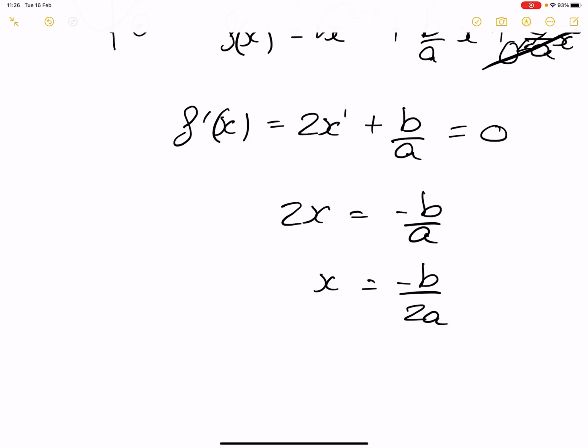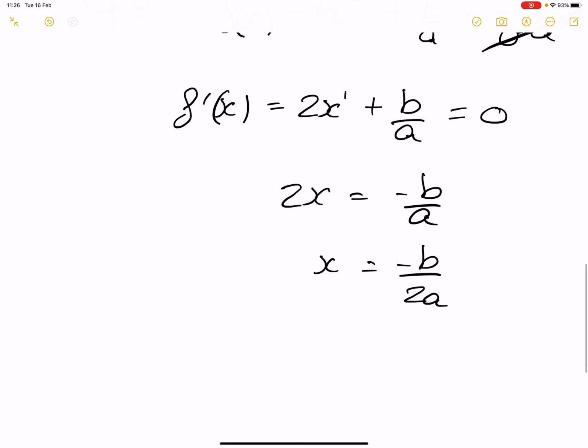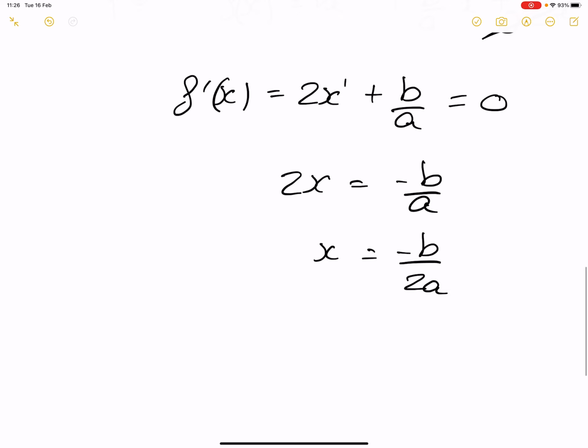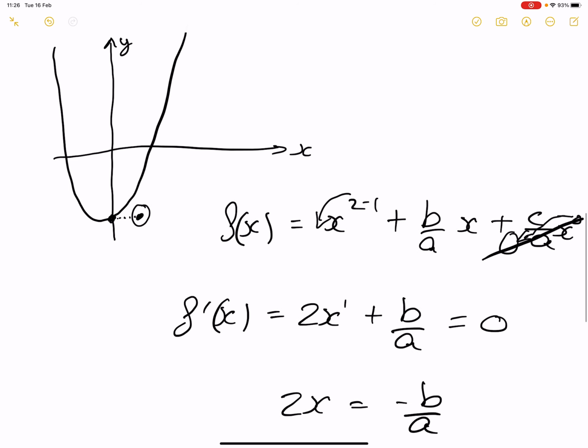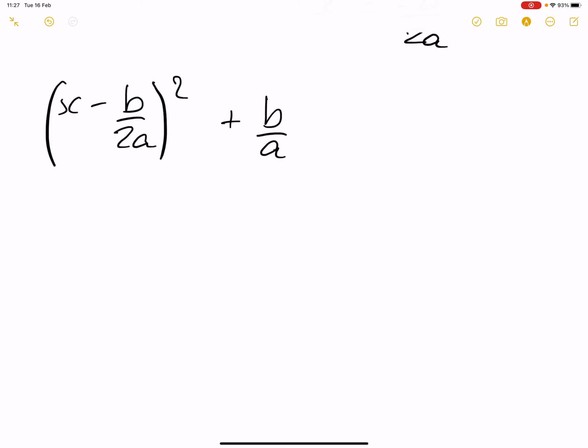Good, so now we have the minimum of the function, and we have the distance from the y-axis. So the original minimum here is a distance of minus b over 2a from the y-axis. The way we're going to use this in our equation is we're going to write x minus b over 2a in replacement of every x in the original equation. So we're going to square this plus b over a times x minus b over 2a plus c over a